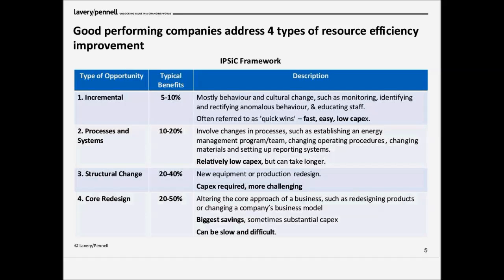Now, the problem with that is that it can be fairly high capex, and you can come up with a list of things like LED lighting, variable speed drives, insulation, etc., which will pay back fairly quickly. But then there's a long list of things that actually pay back fairly slowly, and the danger of focusing only on structural change is that pretty soon you get to the bottom of a list of things that